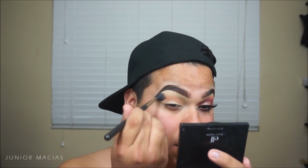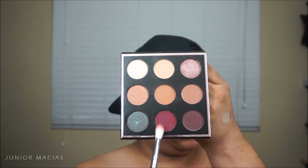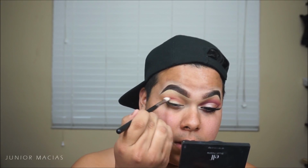So anyway, now we're going to be taking the color Sora. I really like this shade because it's a good transition shade. After that Sora, we're going to be going right in with the Mars color, which is kind of like a burgundy red,